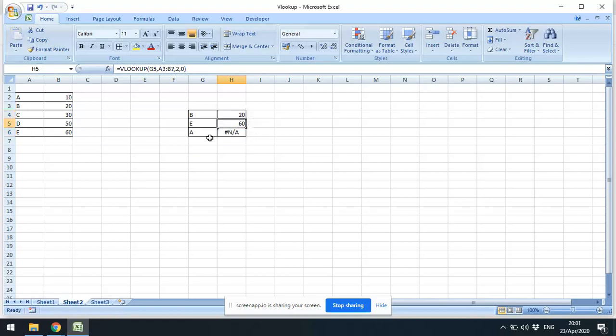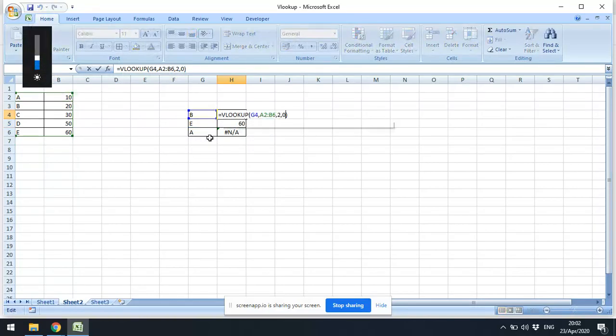If you see, the E actually worked very nicely, but for A there is an error coming out. That is because the moment you copy paste a particular formula, the corresponding cell numbers get increased from one row to the other. In the first row, the array was A2 to B6, now the array is A3 to B7, which is not actually covering the whole list. So always remember, this is very important.